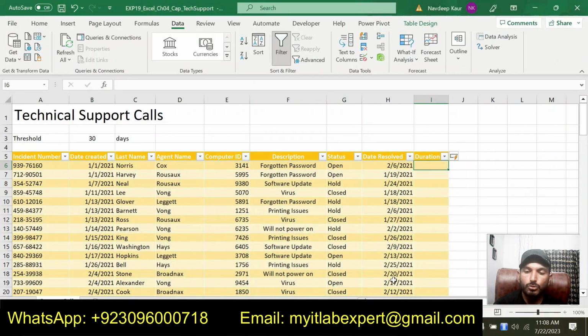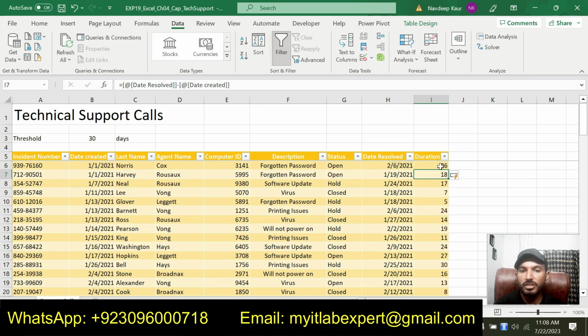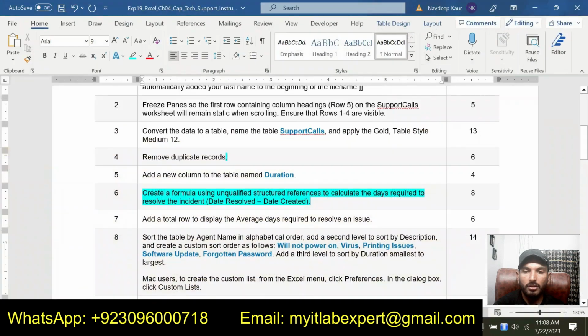So we are supposed to enter a formula here, type an equal sign and date resolved minus date created. So we will get the duration for an incident to be resolved in step number 6. So we have completed 6 steps so far, and now we're going to do the next step, that is step number 7.